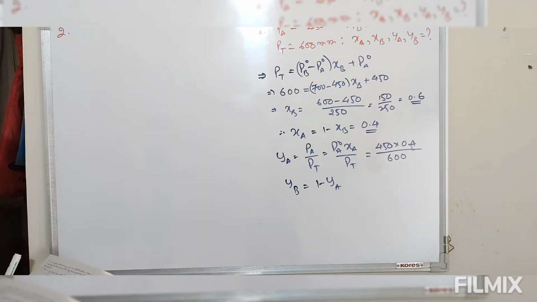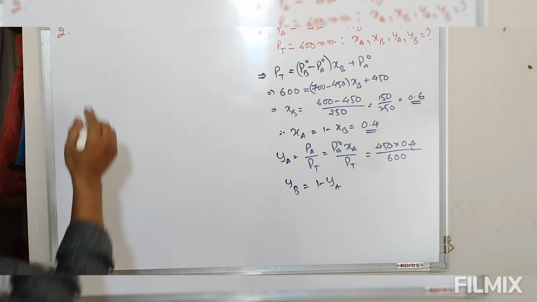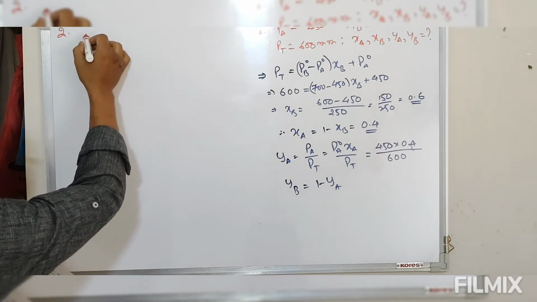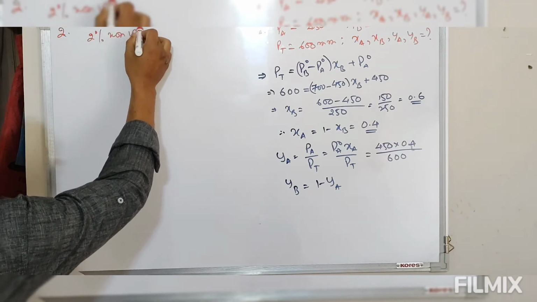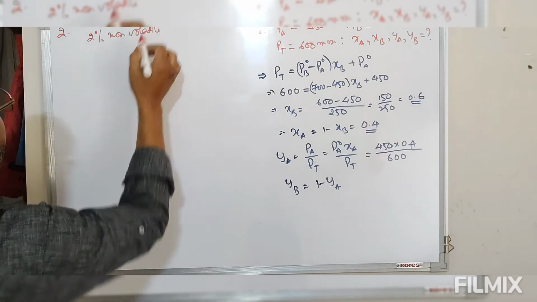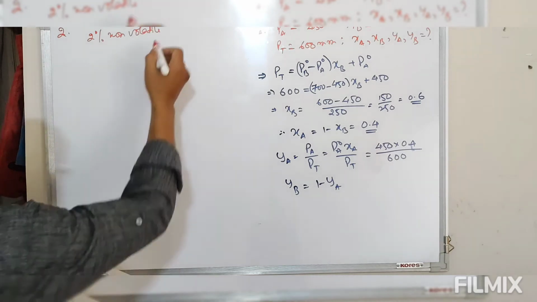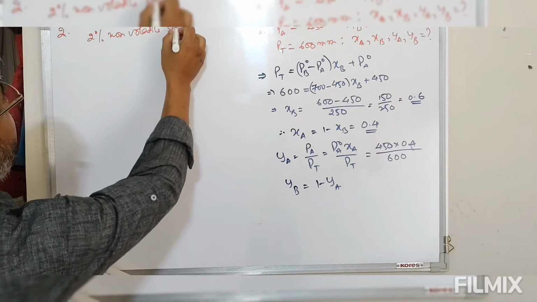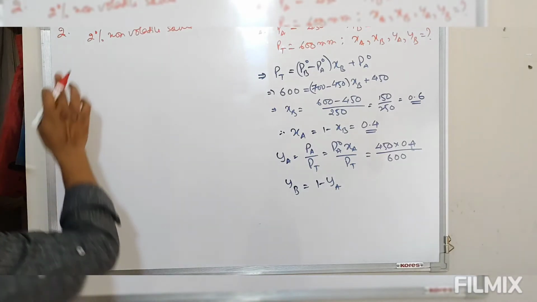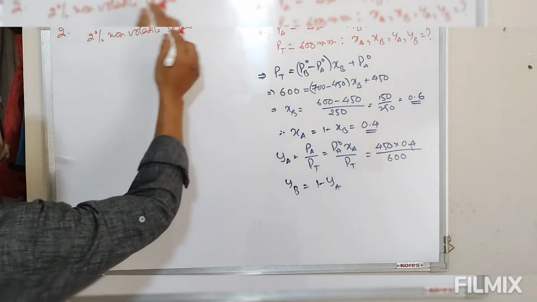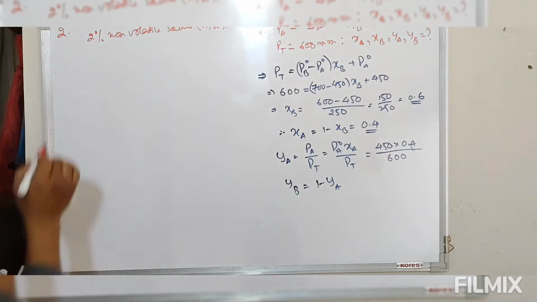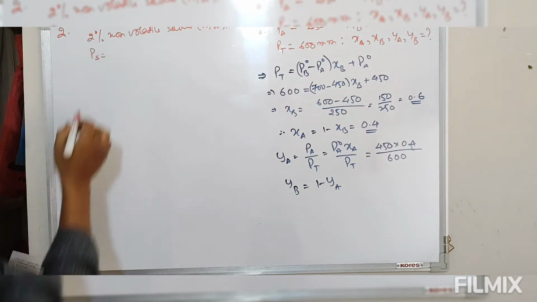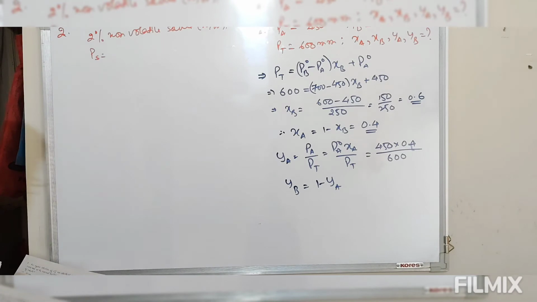So look at this question. An aqueous solution of 2% non-volatile solute. Aqueous solution of 2% non-volatile solute. So this is mass by mass. It exerts a vapor pressure. So the vapor pressure of the solution is